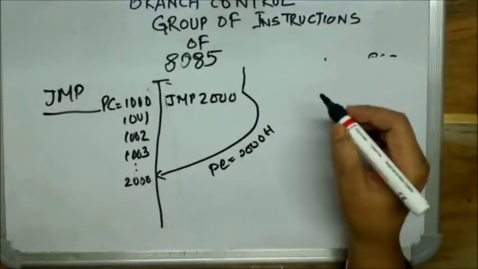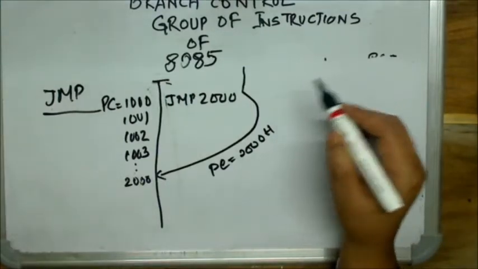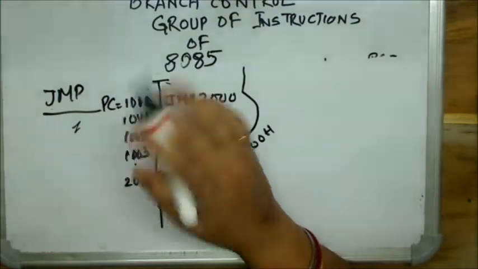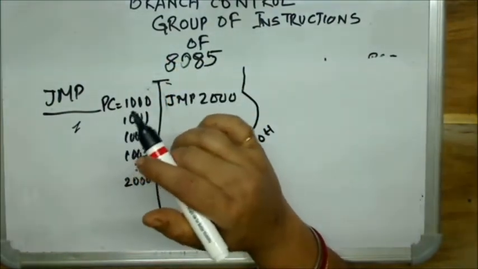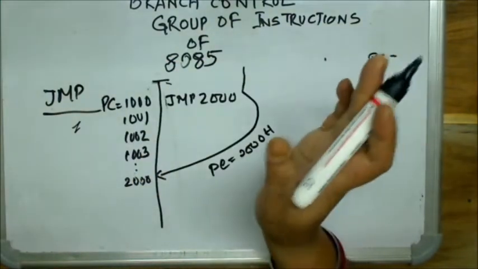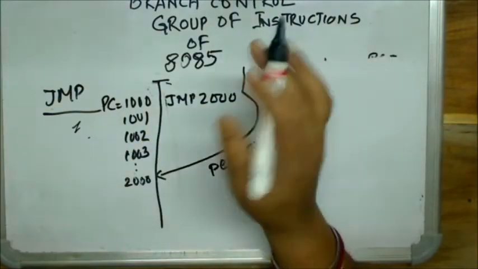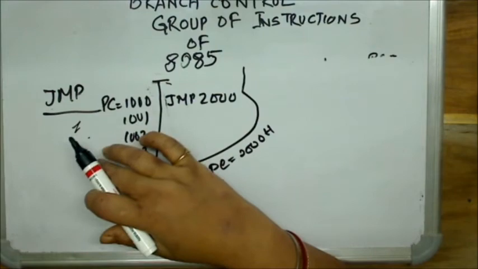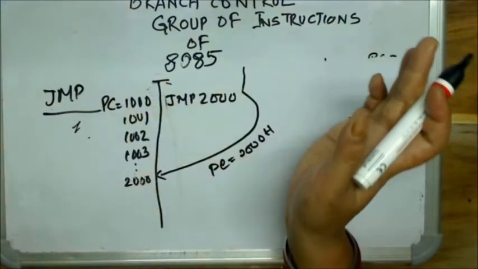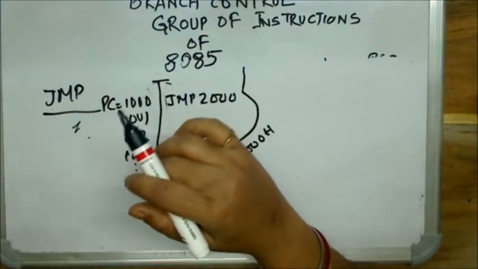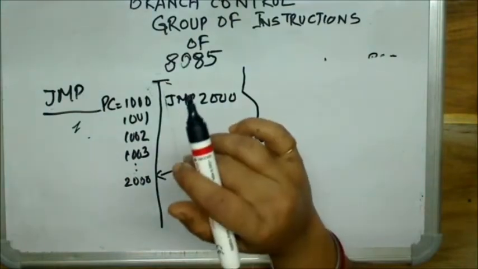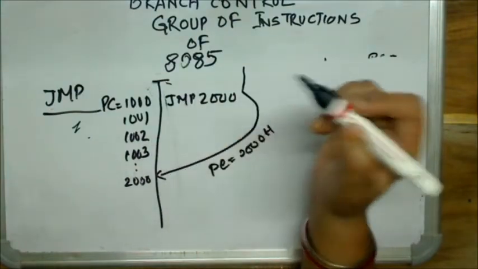Now understand the jump instruction very clearly, because if you understand the jump instruction very clearly, you can understand the other jump instructions also. This is an unconditional jump; there are conditional jumps. So if you understand this jump instruction, you can understand those very clearly. Basically it lays the platform for other jump instructions.